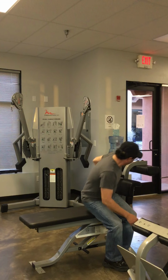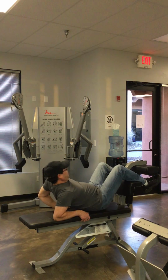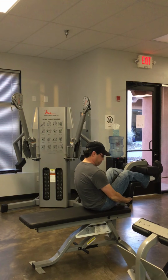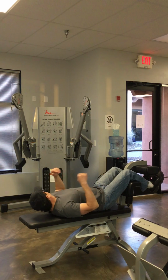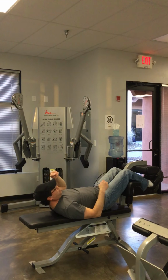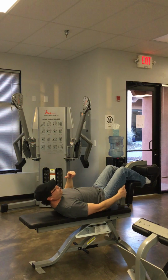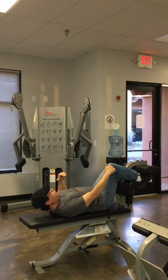This one here, sit down, bring your feet in, under, and again, there's an adjustment here, 1, 2, 3, depending on the length of the femur. And what's the optimal? Like, where should your knee position be? Again, this is perfect for me right here. 1 or 2 would be perfect. Again, the longer your femur, then the